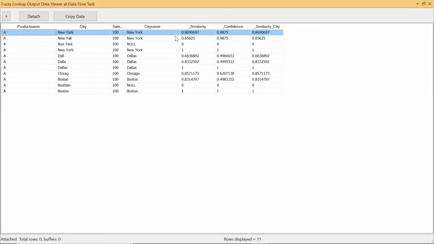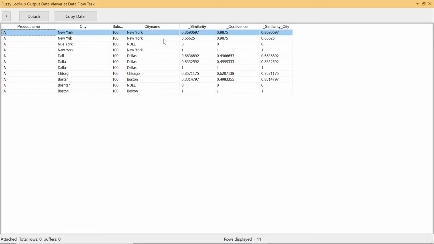That means it's almost similar, only one letter is different: in the actual name it is O, but in this name it is A. So it is saying there is 0.86 similarity between these two names, and it is saying with confidence that it is 0.98,